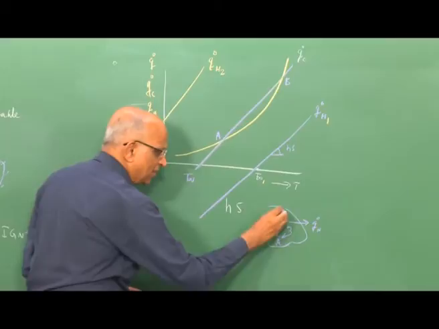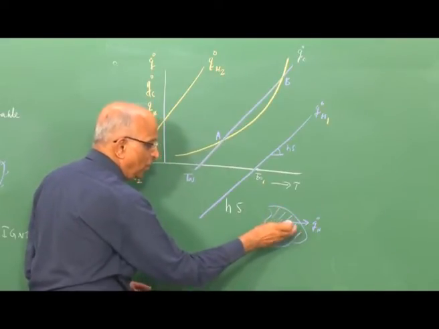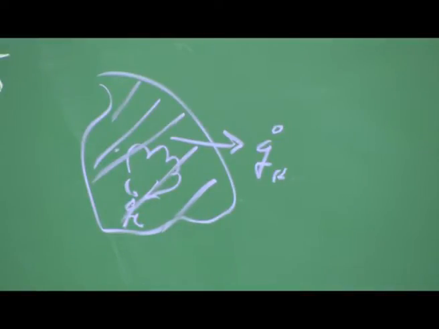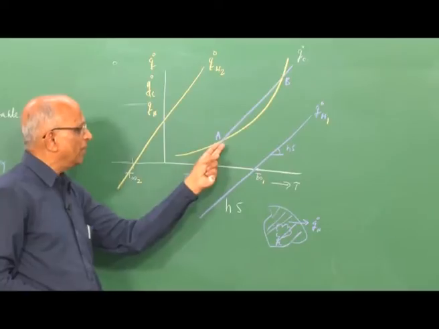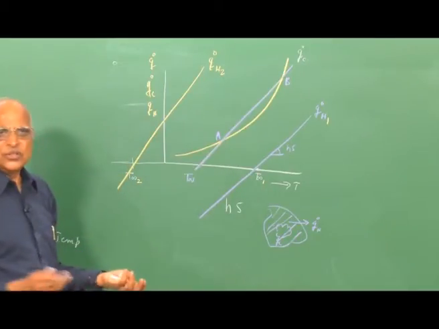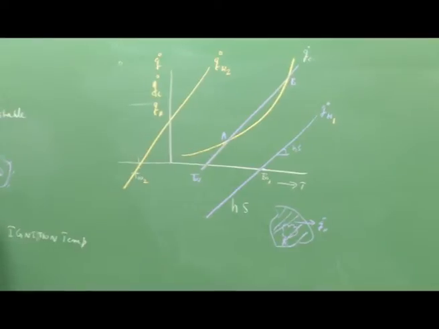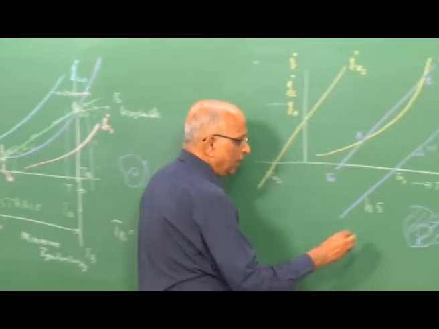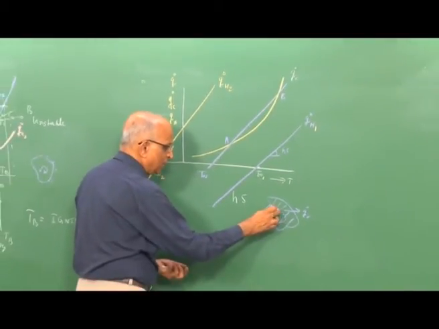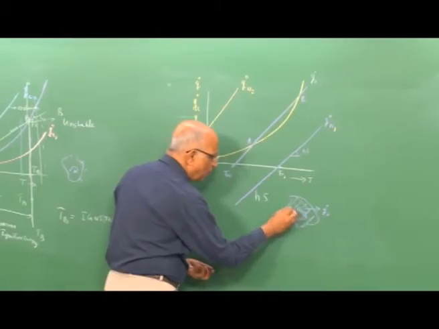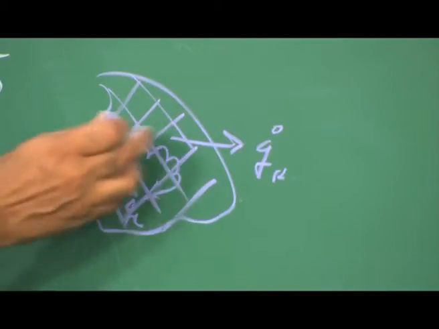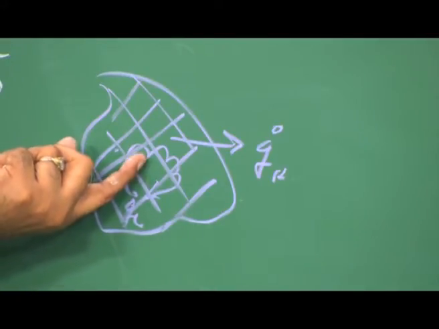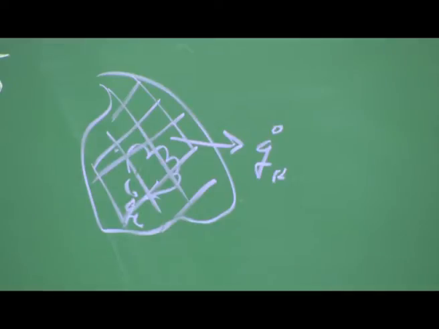This is, we say, the rate of energy release within the volume, and this is the rate at which energy is getting dissipated away from the volume. Therefore, we talk of the ignition temperature, the unstable point, and we talk in terms of a stable point. Well, this is all about a simple theory, but let us not forget that whenever we talk of this, we are talking in terms of a lumped mass system, that is, the temperature and concentration at any point within the volume remains the same. That means a point temperature, a point in concentration is representative of the whole volume.